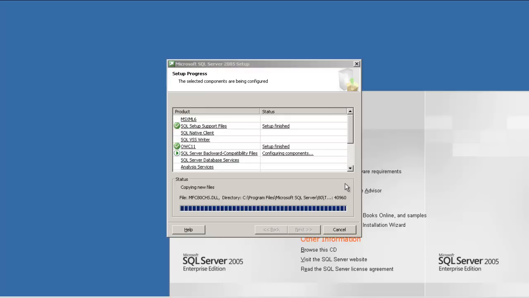If you have a limited number of users and you don't have a very large database, the Standard Edition will be fine. But if you have a very large database, the Enterprise Edition would be the better one. Again, depending upon the requirement of your organization, you can look into the details of SQL Server.